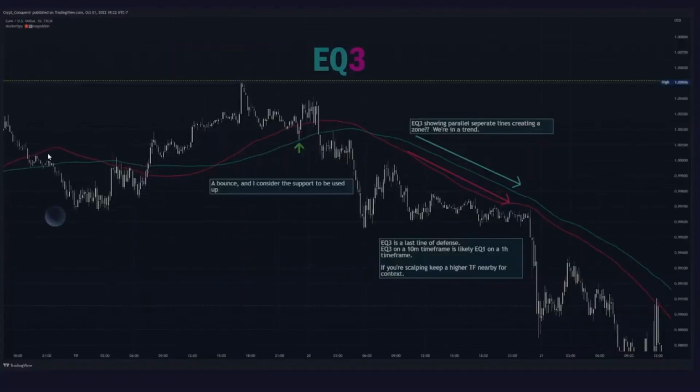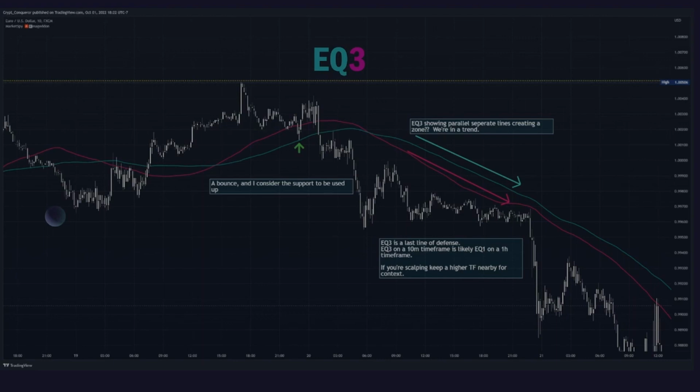Let's go to EQ zone 3. So this is the largest period. I was looking at it, and if you're looking at the 30-minute time frame, EQ zone 3 lines up to the 4-hour EQ zone 1. I'll show you some examples of that later, but that's something that's really good to pay attention to